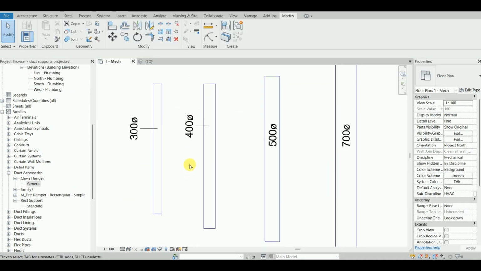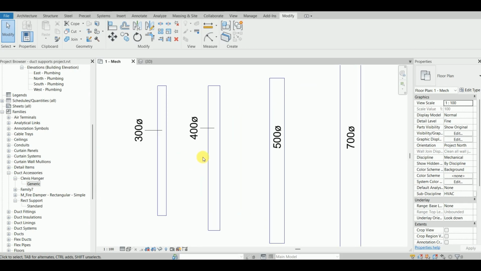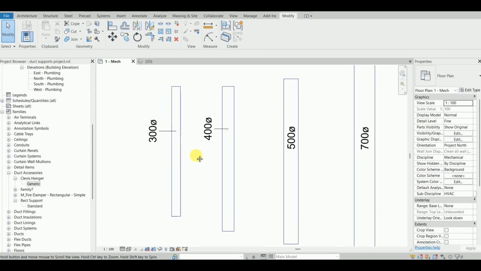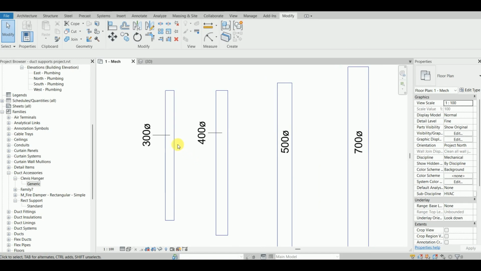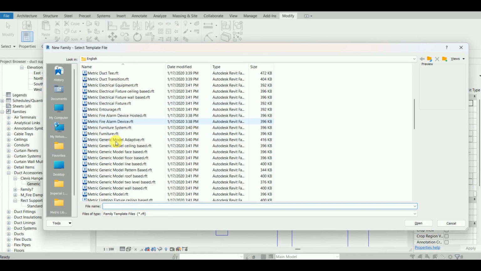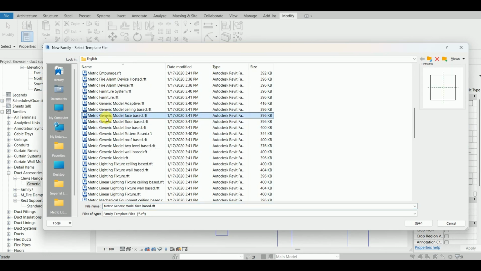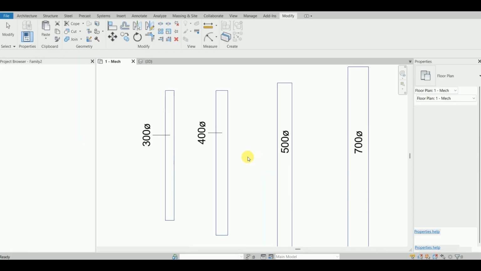Hello and welcome to the new video, and in this video I'll show you the complete tutorial of how to make the duct Clevis hanger. So we start immediately, file, new family. For this purpose I'm going to make use of the face-based generic metric template, and the